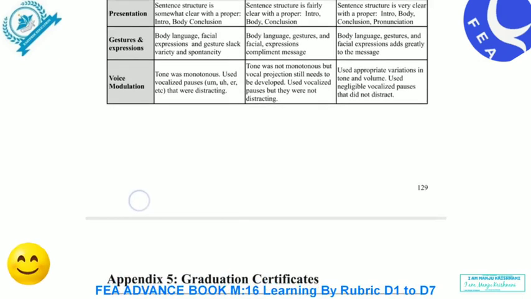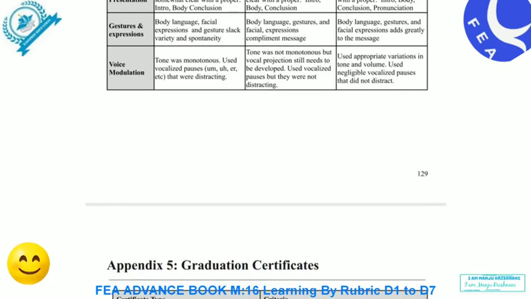Part F, Presentation Rubric. Parameter: 0 points, 1 point. Presentation: gestures and expressions, voice, modulation. Sentence structure is somewhat clear with a proper intro, body, conclusion. Body language, facial expressions and gestures lack variety and spontaneity. Tone was monotonous. Used vocalized pauses,